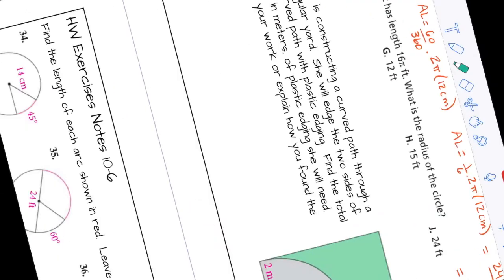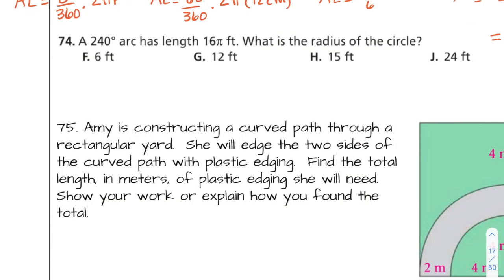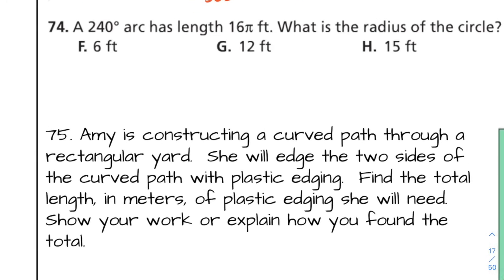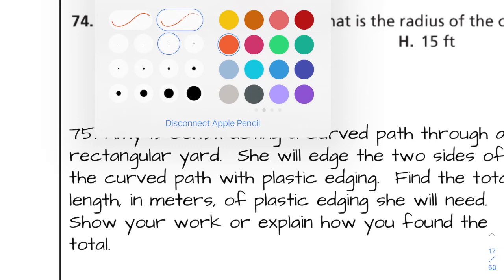A 240-degree arc has a length. Let's lock it in place here. Okay. A 240-degree arc has a length of 16 feet. What is the radius of the circle? So this one is solving in reverse order. So we're going to say arc length